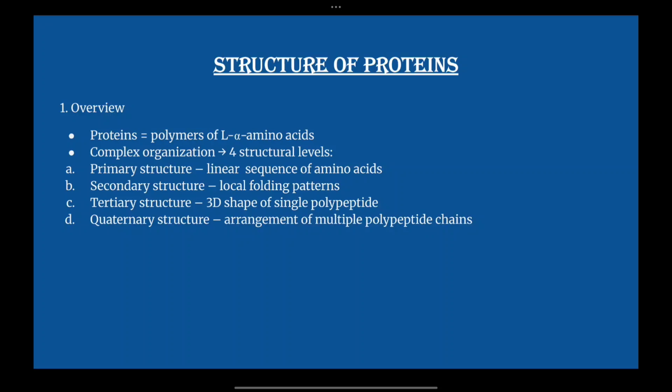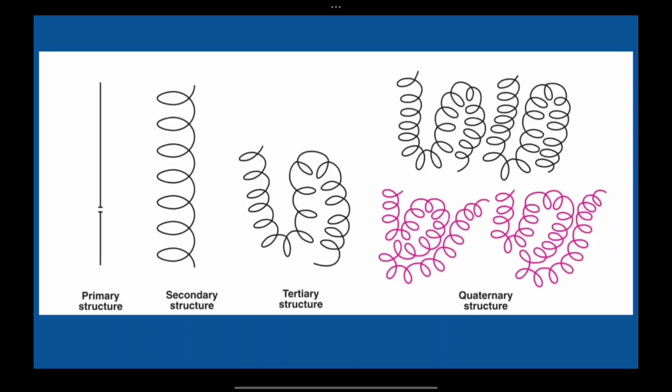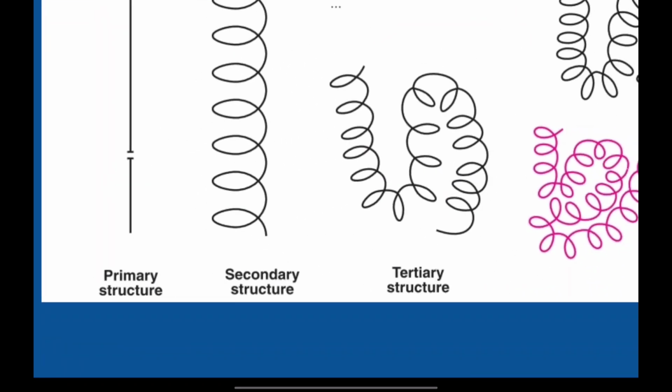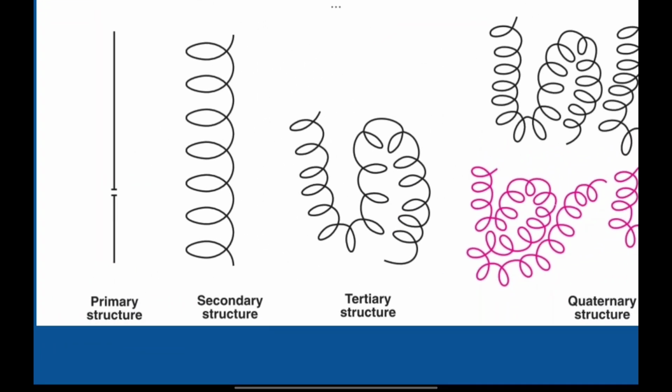Now a tertiary structure consists of a 3D shape of a single polypeptide. A quaternary structure is the arrangement of multiple polypeptide chains together. Now we'll see the image of each one of them. Here in the primary structure you can see a single straight line. That is a linear sequence of amino acids